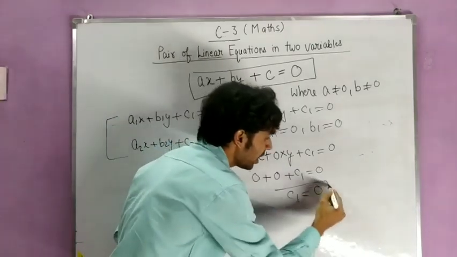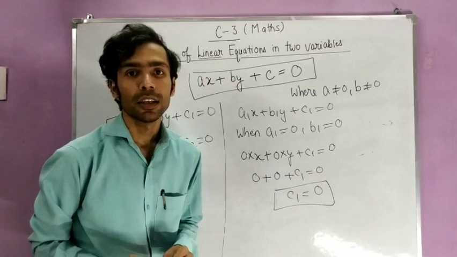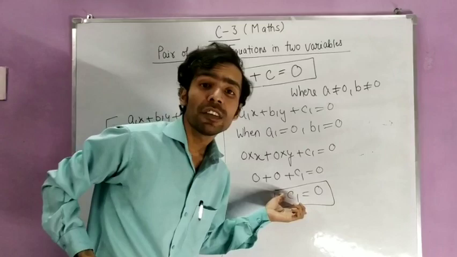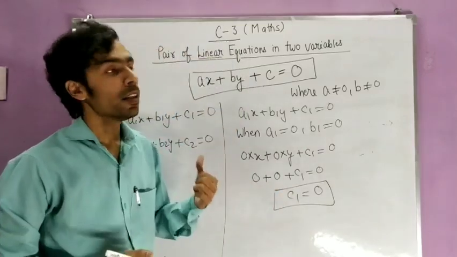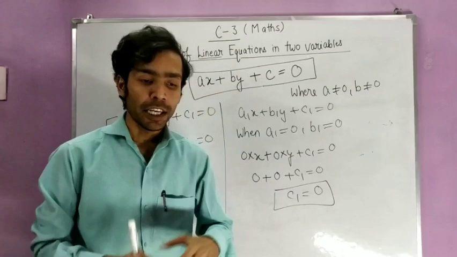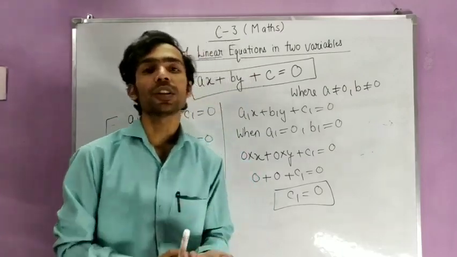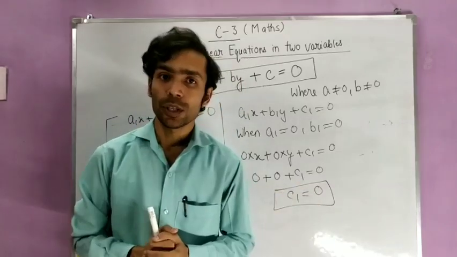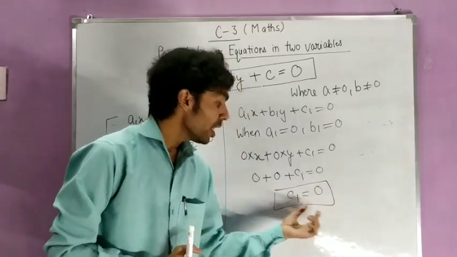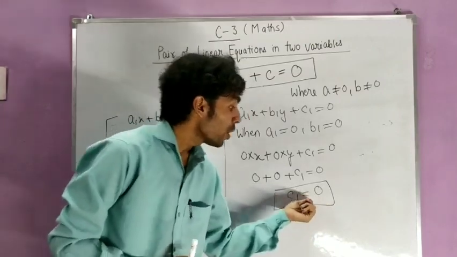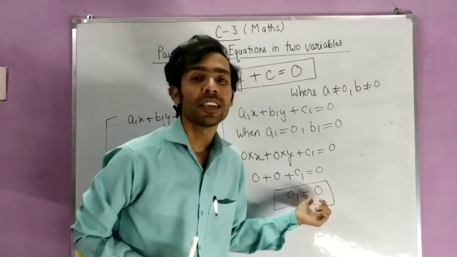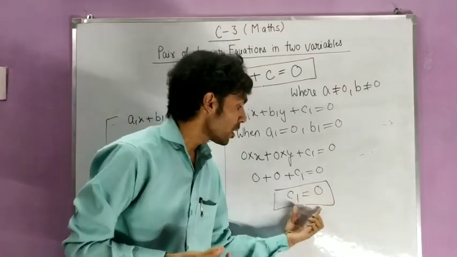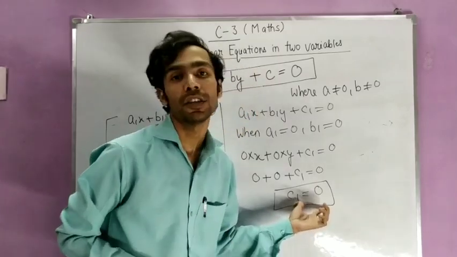So is it an equation? Now you tell, is this statement an equation or not? This is not an equation, because I told you in the starting that any equation should contain a variable also, it should contain a constant also, and it should contain an equal to sign also. Okay, in this expression only the constant and the equal to sign are present, the variable is not present, and when the variable is not present, it means that this particular expression is not an equation.